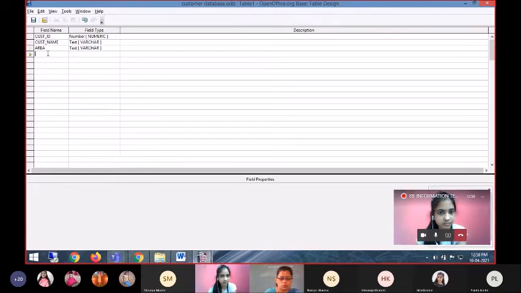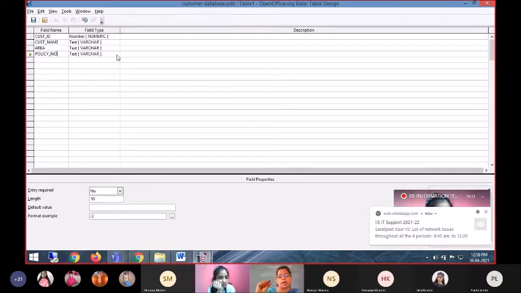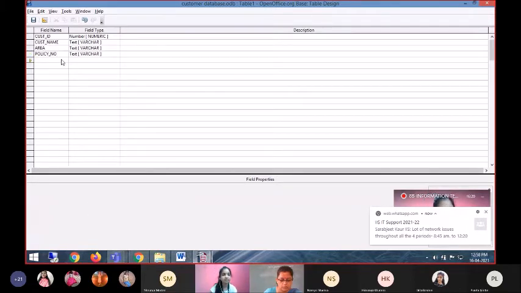Next, we go to the next field, policy number. This also would be text because the insurance policies have some alphabets and some numbers together. Maximum limit, I think 10 characters would be enough.